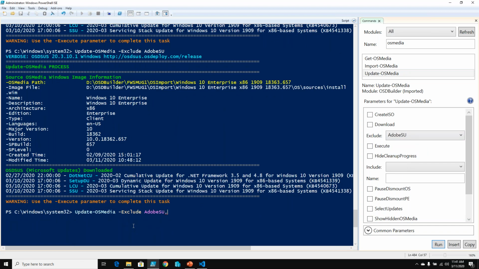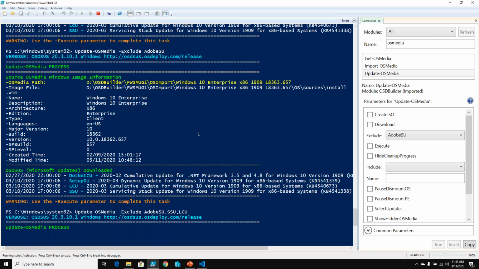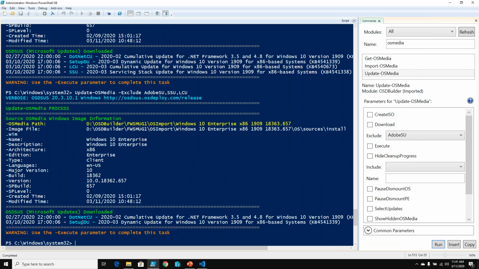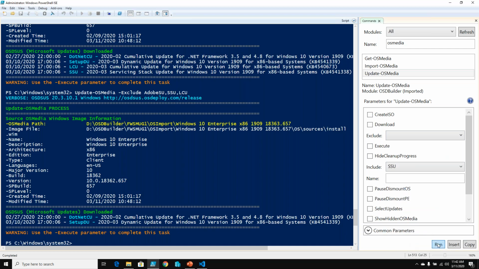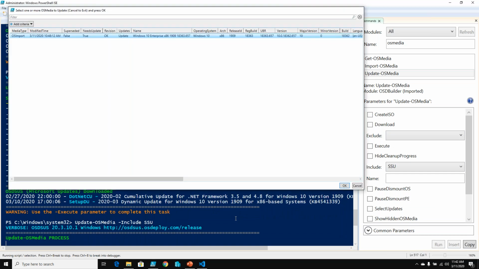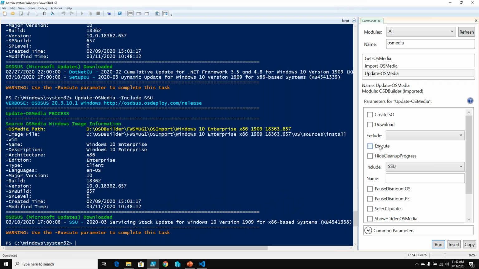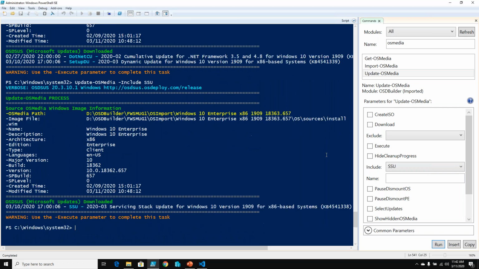So we do have the option, I think it's SSU. Yep, I can tell it, don't process these 3 types of updates, and we'll see it won't do it. So we have a lot of control on what updates we can exclude. If we just want to exclude the SSU and nothing else, we can do that. So we do have some added flexibility, and you'll see if you want to include multiple, you simply just add